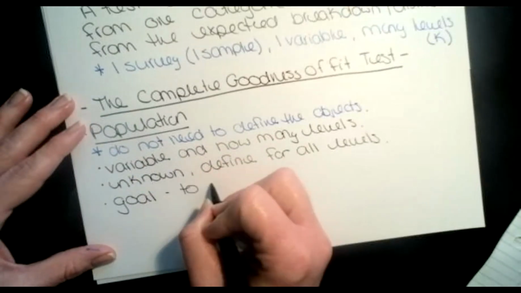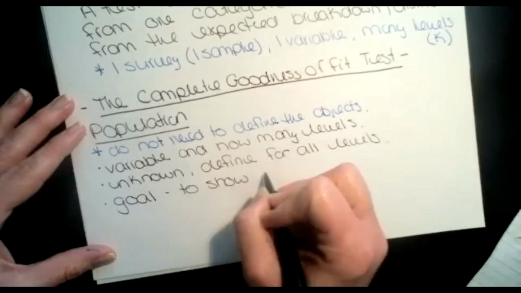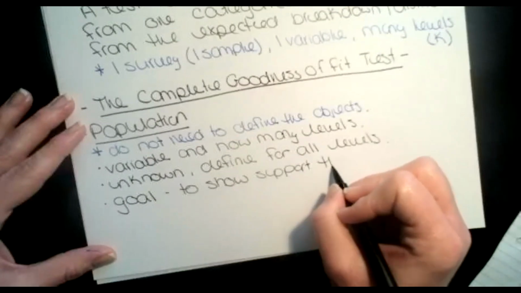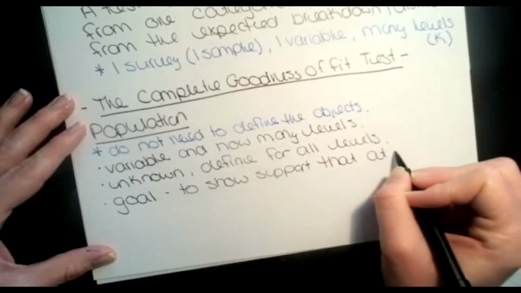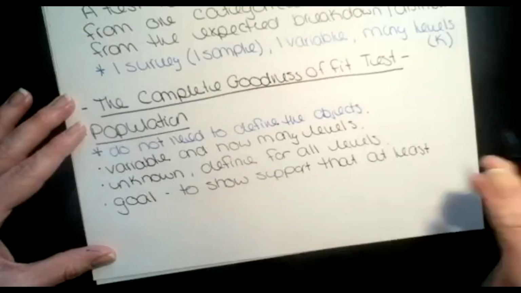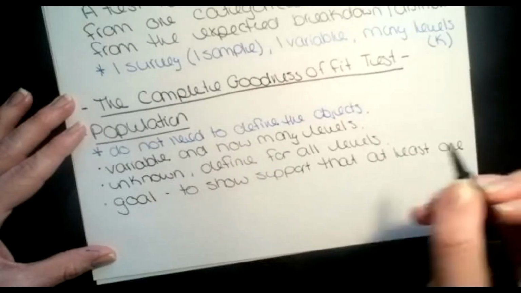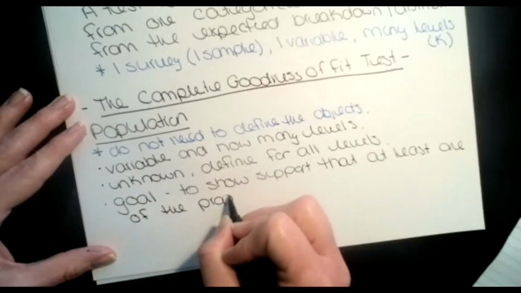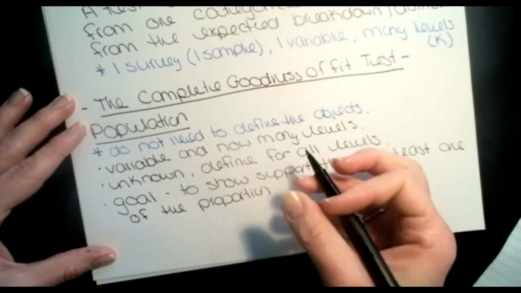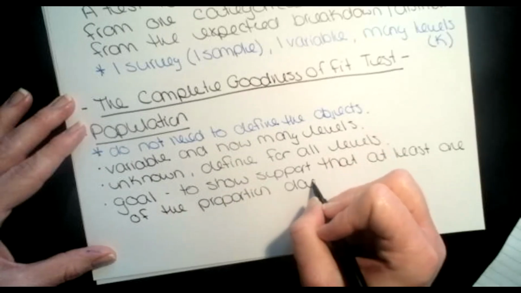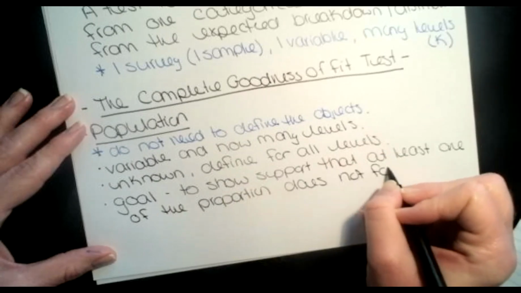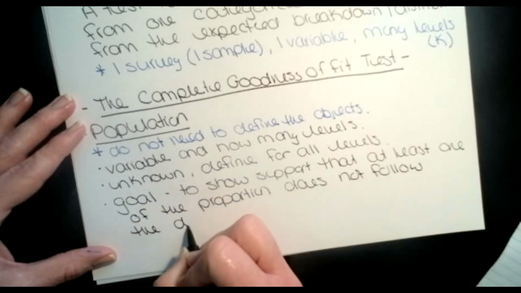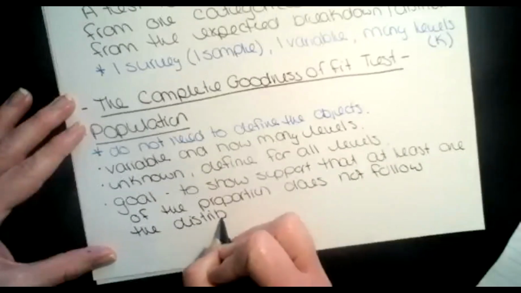My goal is to show support that at least one of the proportions does not follow the distribution